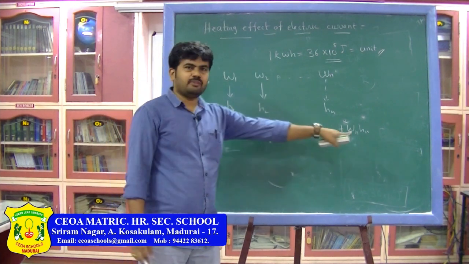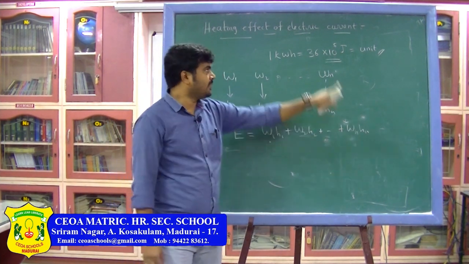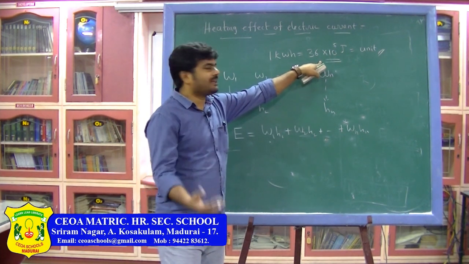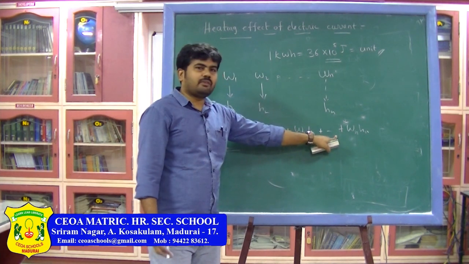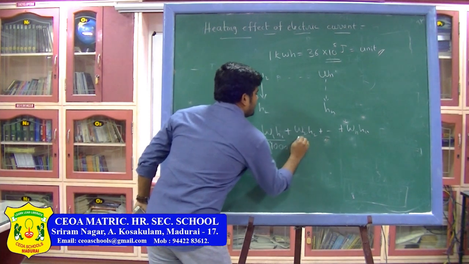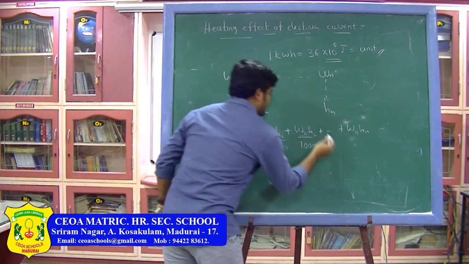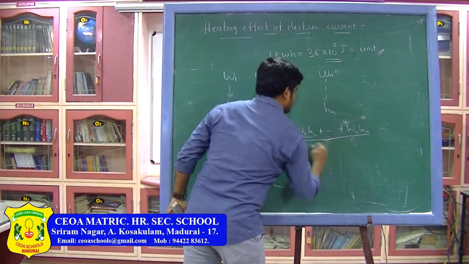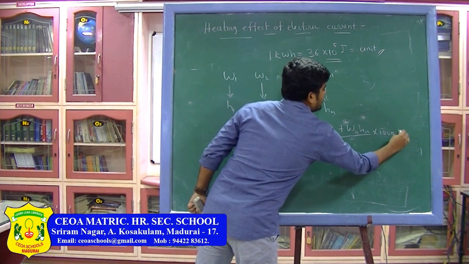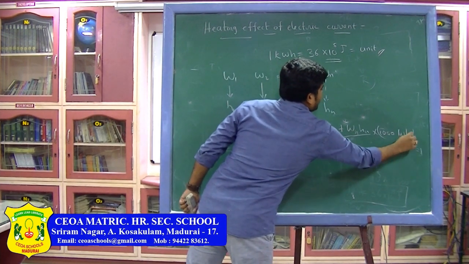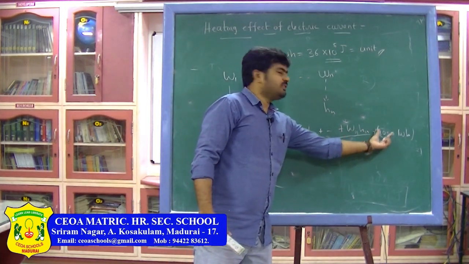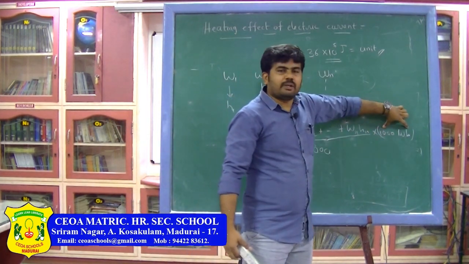Because we are taking power in watts and time in hours, we will get watt hours. But we want the energy in kilowatt hours, because that is the unit used to calculate the electrical bill. So here we have to convert this equation into kilowatt hours. For that, divide each term by 1000. That means you divide the total equation by 1000 and multiply by 1000. Because the final unit is in watt hours, I am just multiplying and dividing by 1000, which is nothing but kilo, so I will get the unit as kilowatt hours.